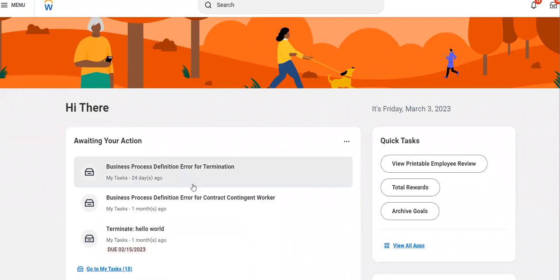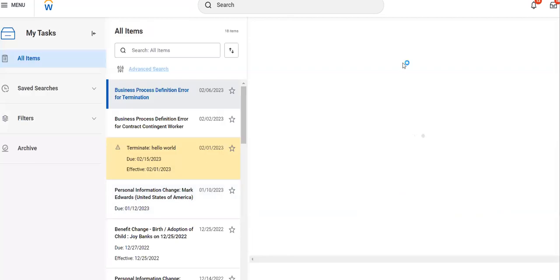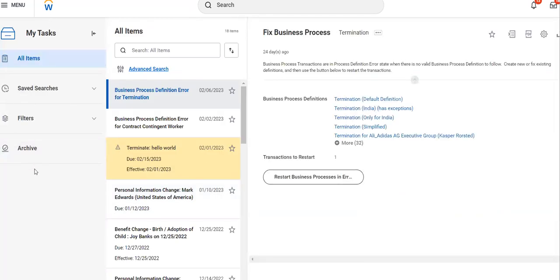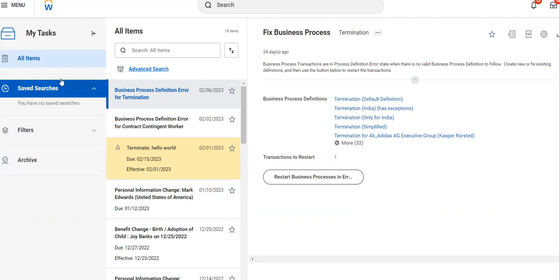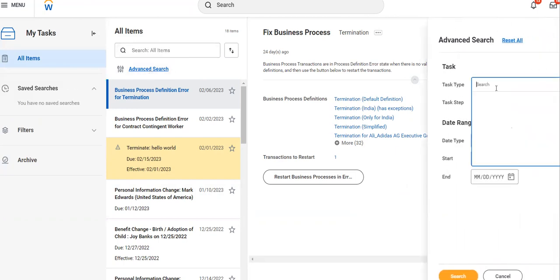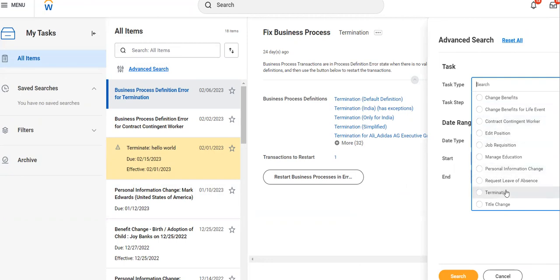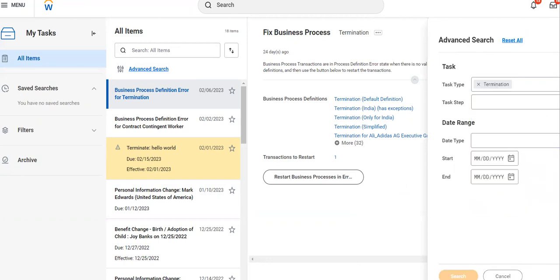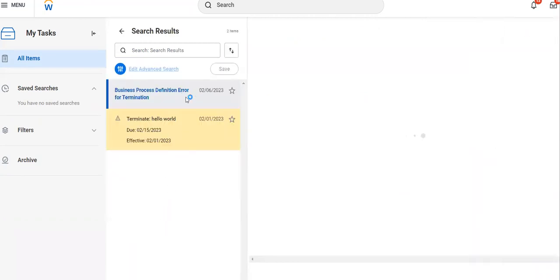For using this functionality, you need to go to any of your tasks. You go to the task and it will navigate you directly to all your tasks here. You can have your saved searches if you have any. Currently, there are none. Then you can opt for the advanced search option and it will take you to various task types. Now you can enter the keyword, let's say termination, and then you get all the searches related to termination